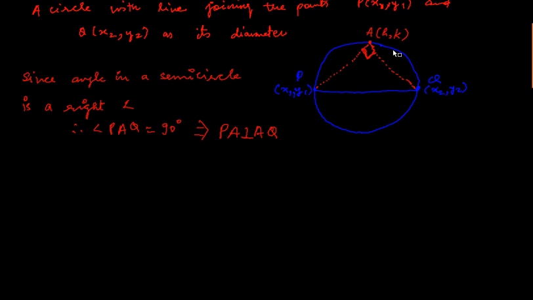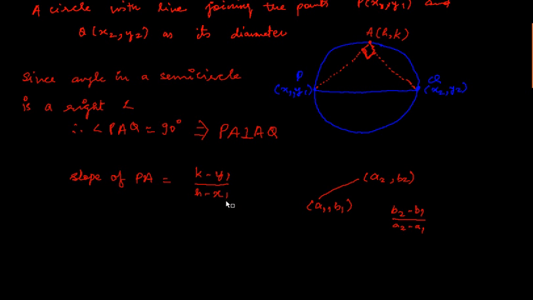So now what is the slope of PA? If you are given two endpoints of a line, a1 b1 and a2 b2, then the slope is b2 minus b1 upon a2 minus a1. Therefore here the slope of PA is k minus y1 upon h minus x1. Similarly, slope of AQ is k minus y2